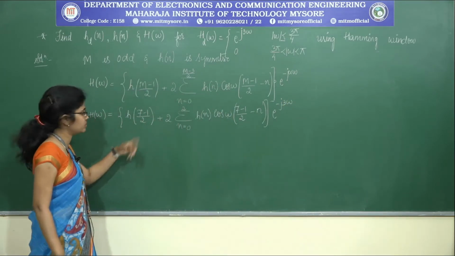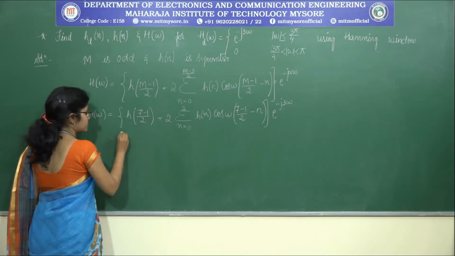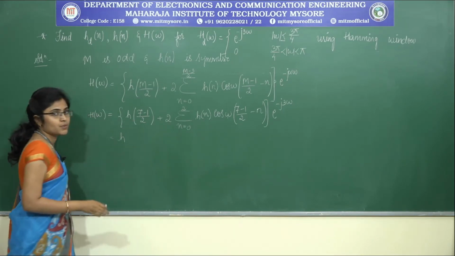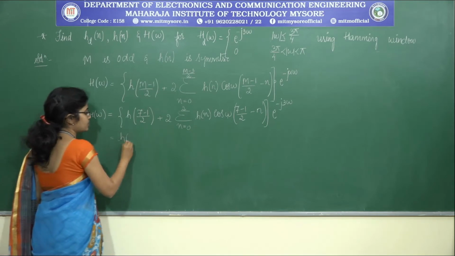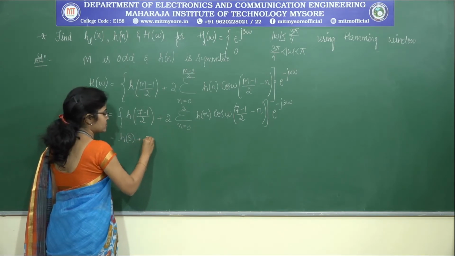Now let us simplify the terms inside bracket. So that is h of 7 minus 1 is 6, 6 by 2 is 3, h of 3 plus 2